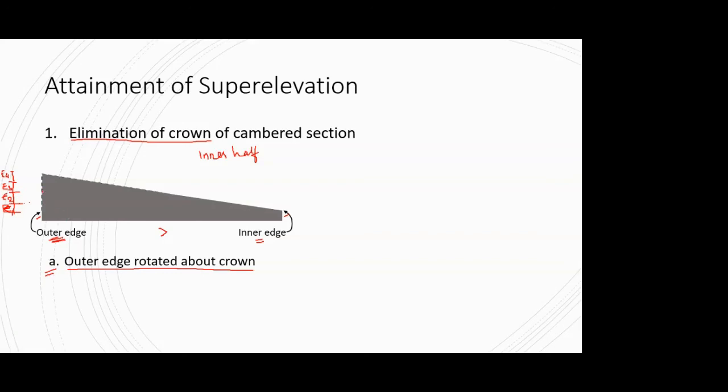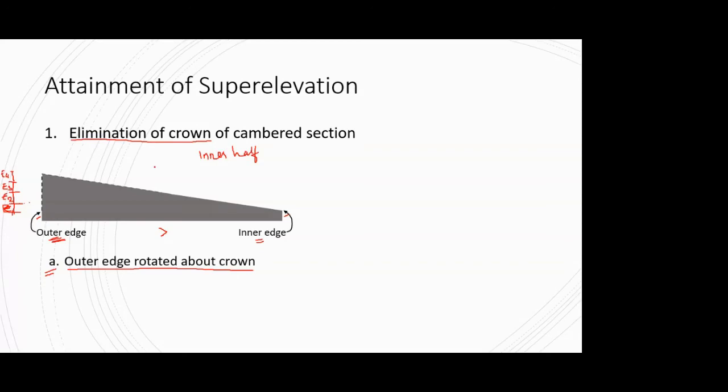For now, just remember that whatever is this raising that we are giving to our outer edge, the gradual raising of E1, E2, E3 and E4. At the end of the transition curve, I will get this type of cross section, and where my transition curve ends, at that point my horizontal circular curve starts, and we are interested to provide this superelevation to the horizontal circular curve. So the transition curve acts as a transition distance between the straight section and the curve section, so that you can provide a proper superelevation which can gradually increase.